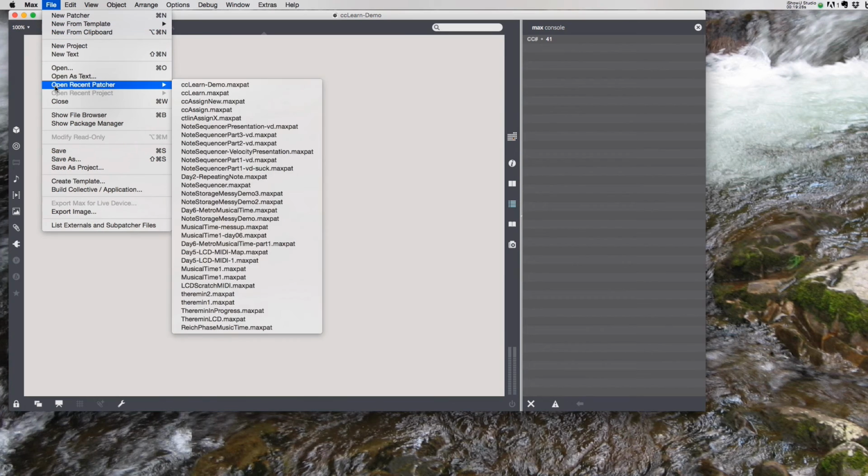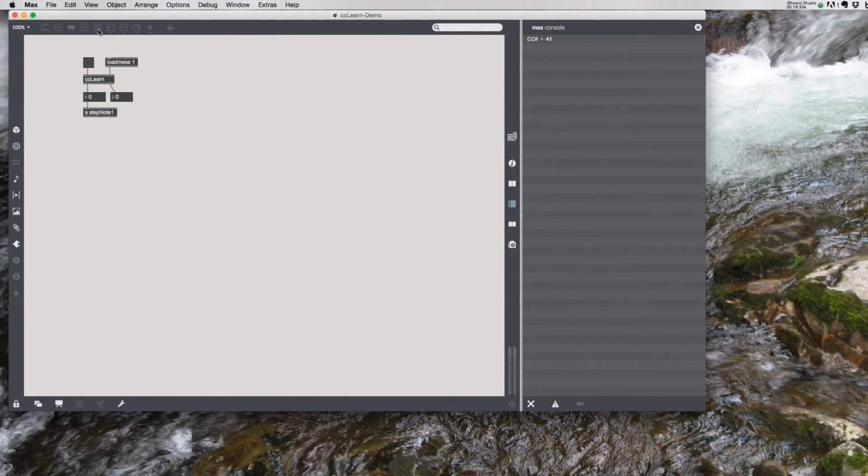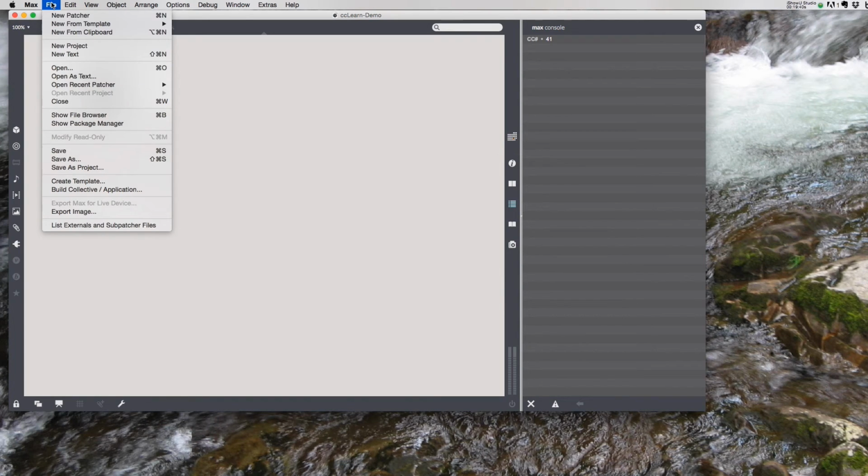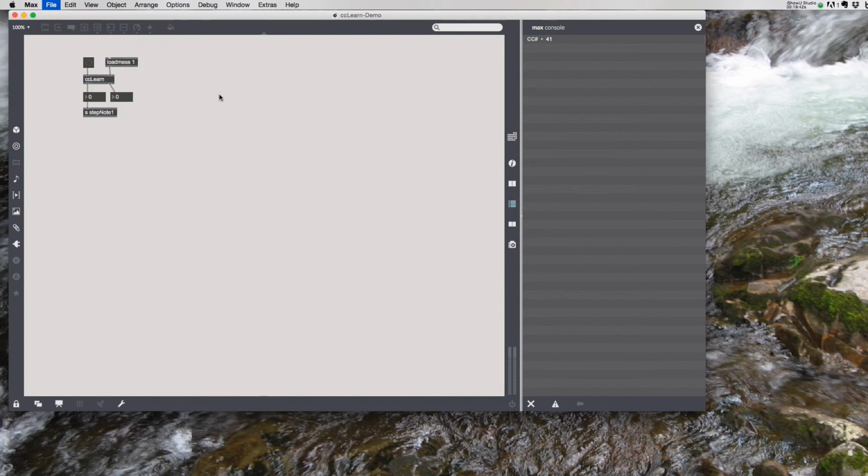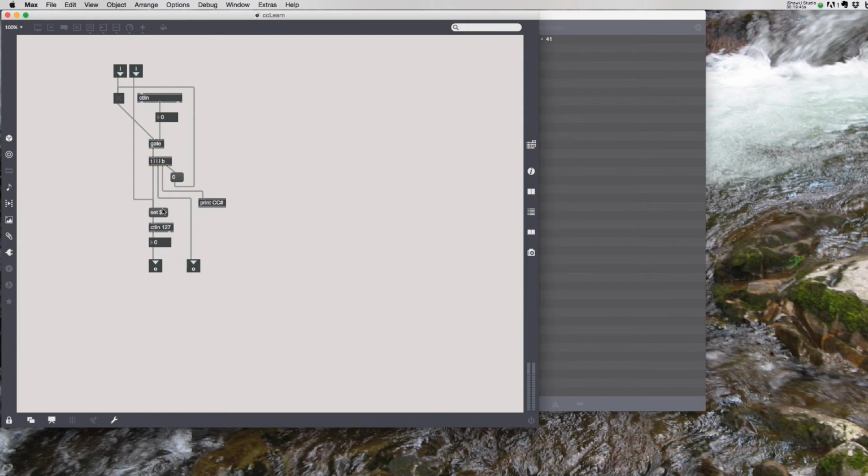Let's open up the ccLearn. This is good. It didn't send anything out. So I sent it to the wrong place. I need to send it to the set. I also need to send it to the print and to the output, but I don't want to reverse the toggle. Or I could send the toggle to 0 because it's going to do 0, so I won't reverse the toggle. So let's just